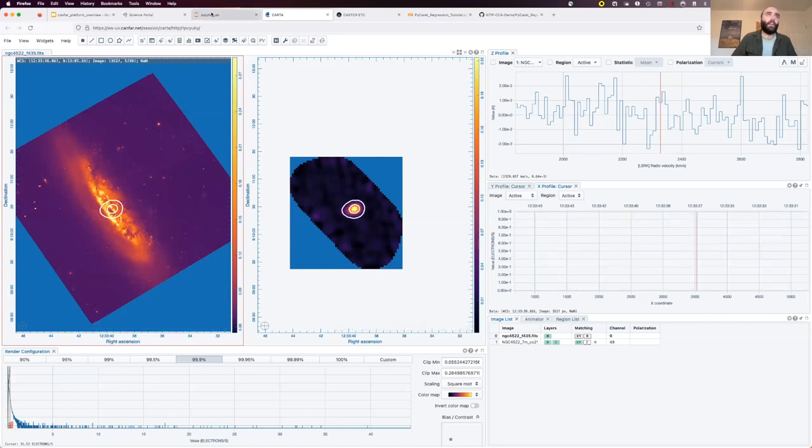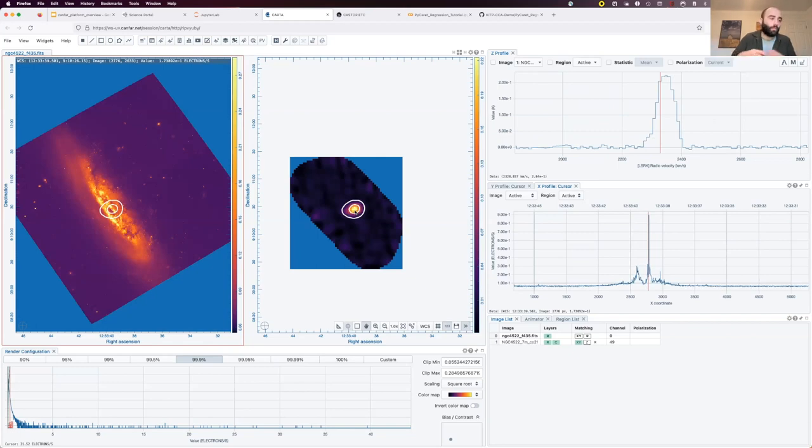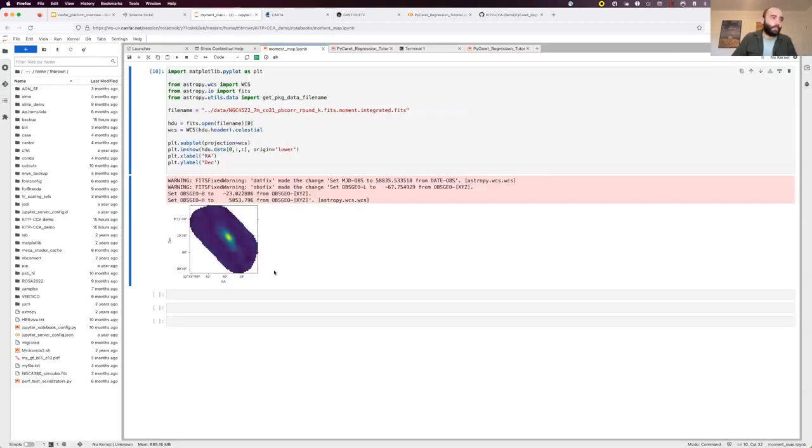So I can make a moment map in CARTA or a spectrum or whatever, do my analysis, and then save it from the file menu, save image type of thing, and then load it back in my notebook and carry on with my analysis. So you end up with this end-to-end analysis platform, let's say, that goes right from downloading data directly from the telescope through to producing that plot that goes in the paper.